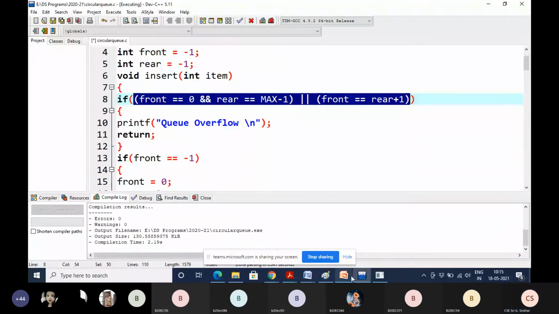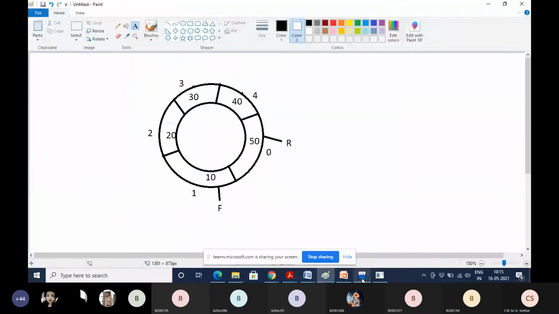That works whether front is here and rear is here. Meaning, if front is pointing to 0 and rear is pointing to max minus 1, that equation works, or somewhere within the circular queue, if front equal to rear plus 1 modulus max, there also it will work.